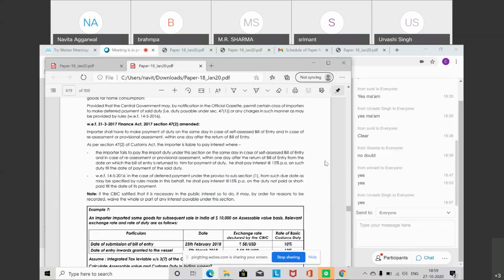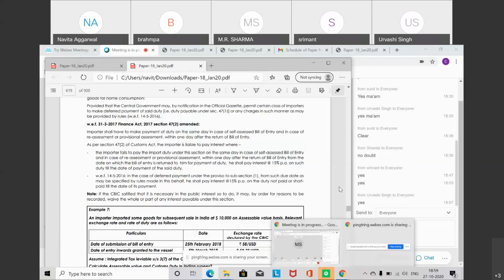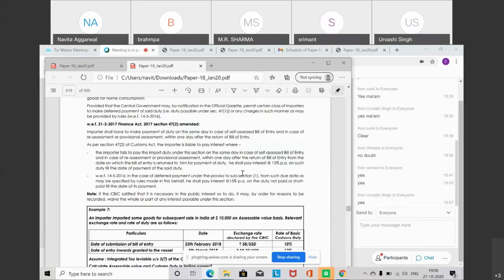Means CBIC, central government, may by notification in the official gazette permit certain class of importers to make deferred payment, means the payment of the duty at a certain later date. So that again happens at times in public interest only. Otherwise for a common use for business or trade purpose, duties are not deferred. Okay, so now